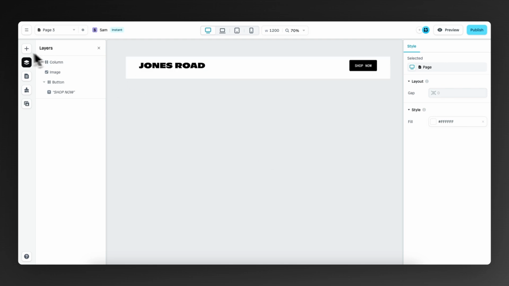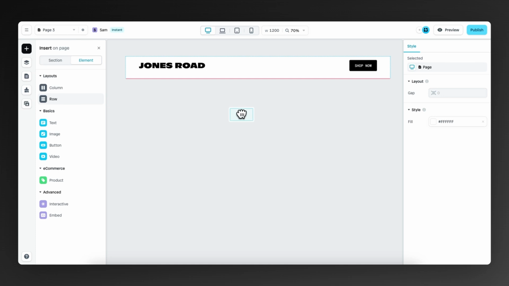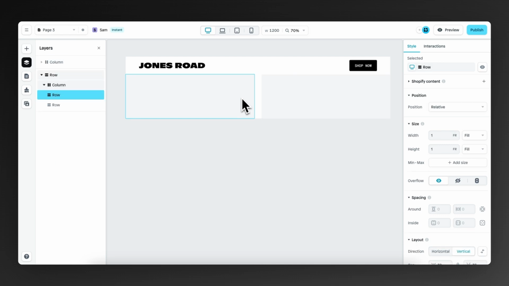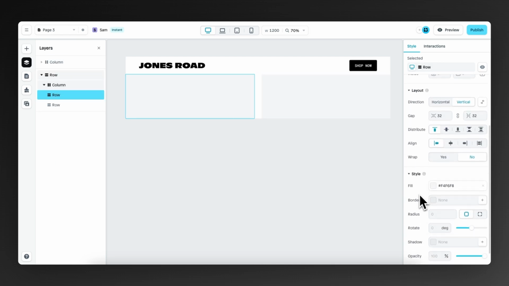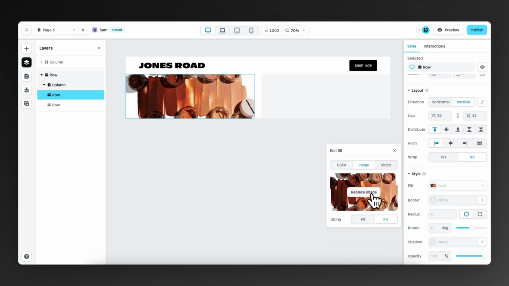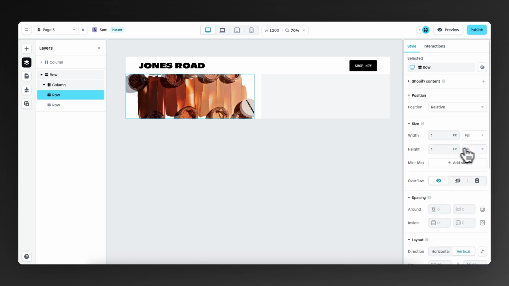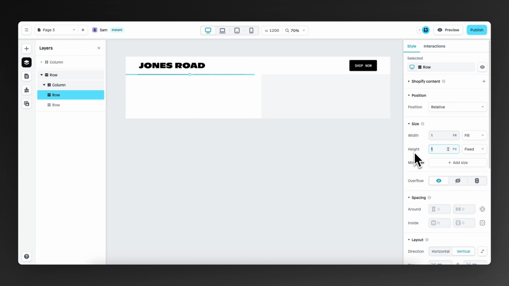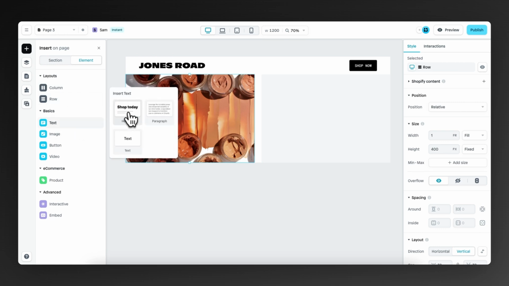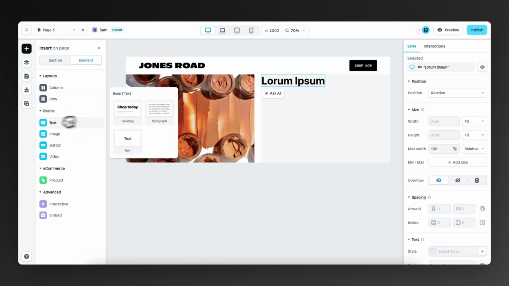Next up, let's build the hero. So we drag in our row. Then within this row, we drag in two different columns. The column on the left, I want to fill with an image. So I'm going to select this row, then go to fill, click on image, and select the right image, which is this one right here called hero. Then I'm going to make this image a fixed height of 400 pixels, so we can clearly see what this image is about. Then on the left, I'm going to drag in a text element, a header to be specific,